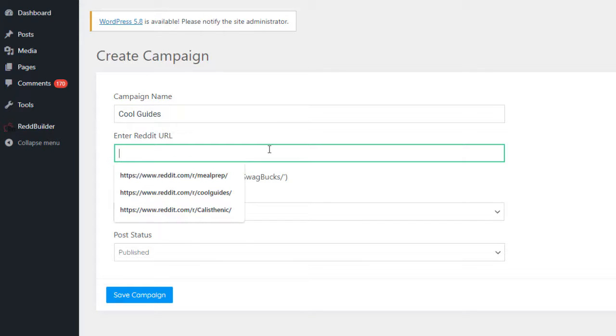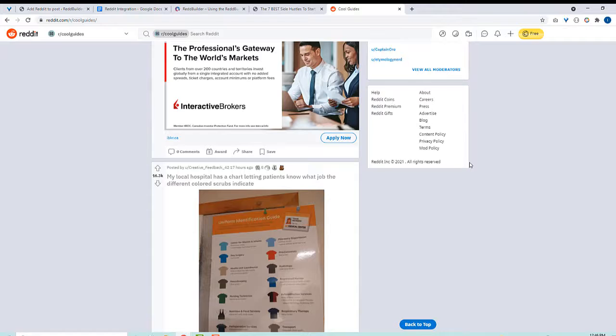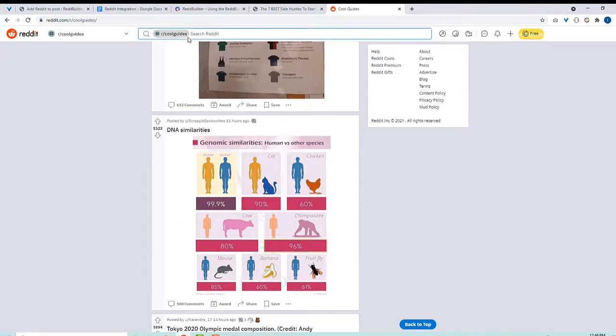Next we have a Reddit URL, and this is where you paste a link to a Reddit category. They also call it a subreddit. This is going to be a source of our new posts. I spent a few minutes browsing on Reddit and found this subreddit called Cool Guides. So let's use that. Copy the URL